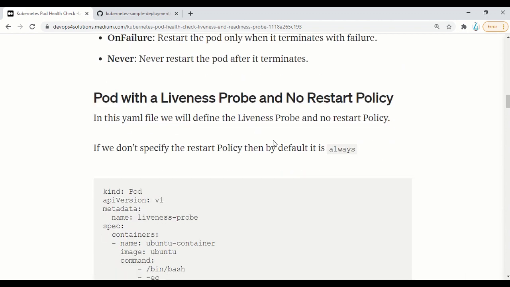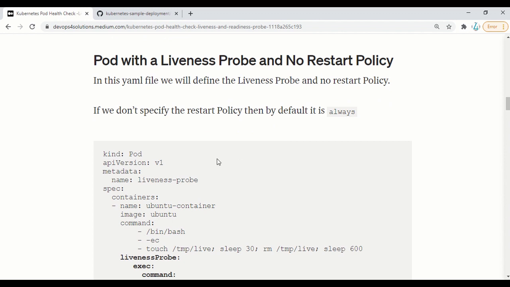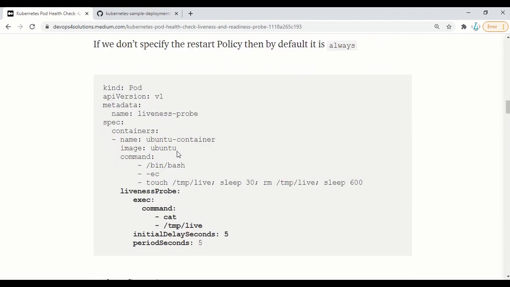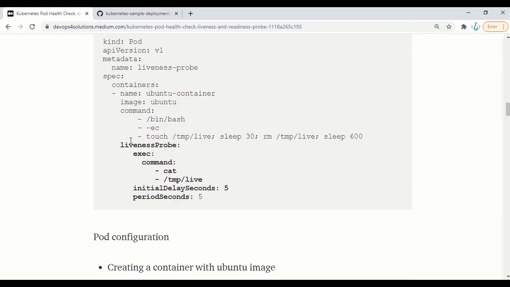So now let's explore it with an example. We have this YAML file, you can see it here. We have defined the liveness probe. Before that, I'll explain. I am just creating an Ubuntu container. Here you can see that first I am creating a file, then I'm asking the container to sleep for 30 seconds, and then I'm removing the file.